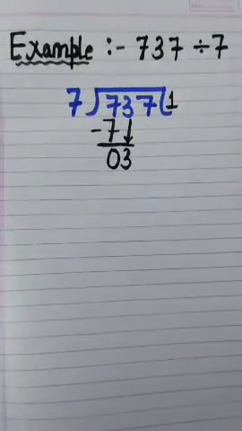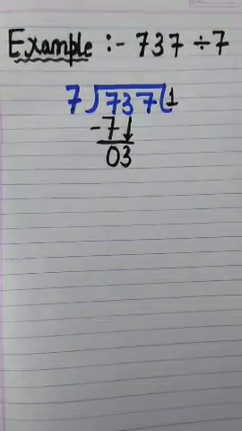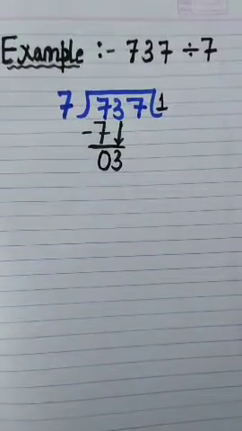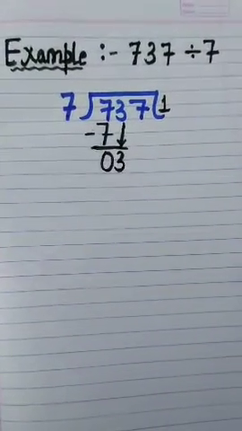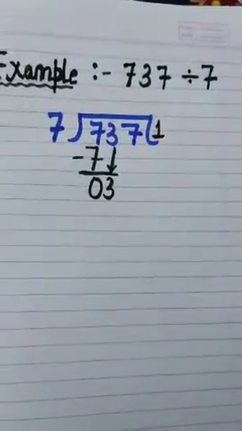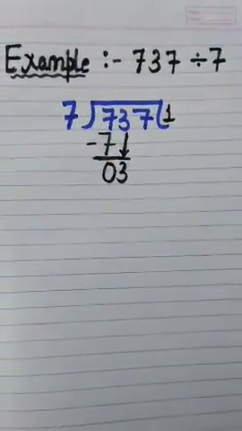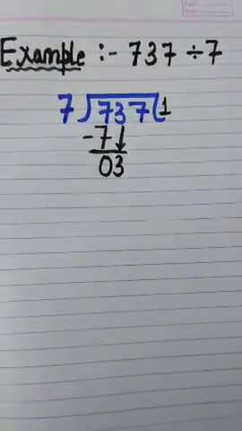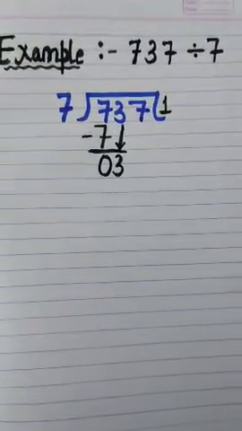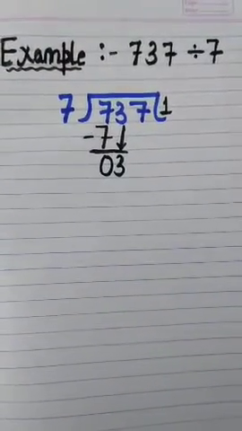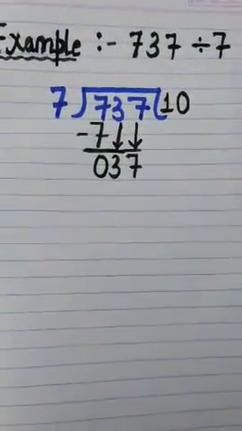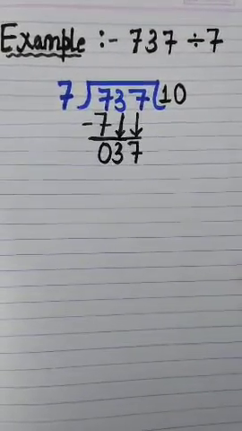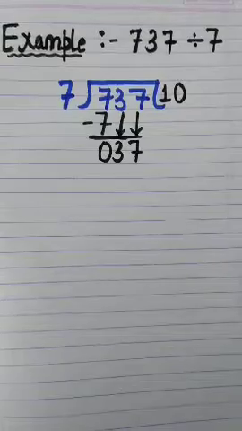In this case, when we copied second number, this is not fulfilling our need. That means this remainder or the number is smaller than the divisor. So in this case, we have to add a 0 to the quotient first before copying the other number from the dividend. So here you can see that we have increased a 0 in the quotient and then we have copied another number. So we have a new number, that is 37.